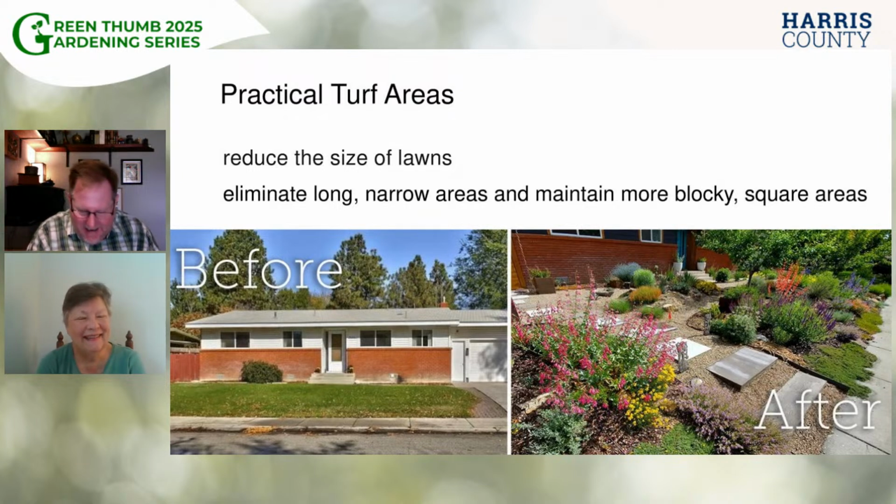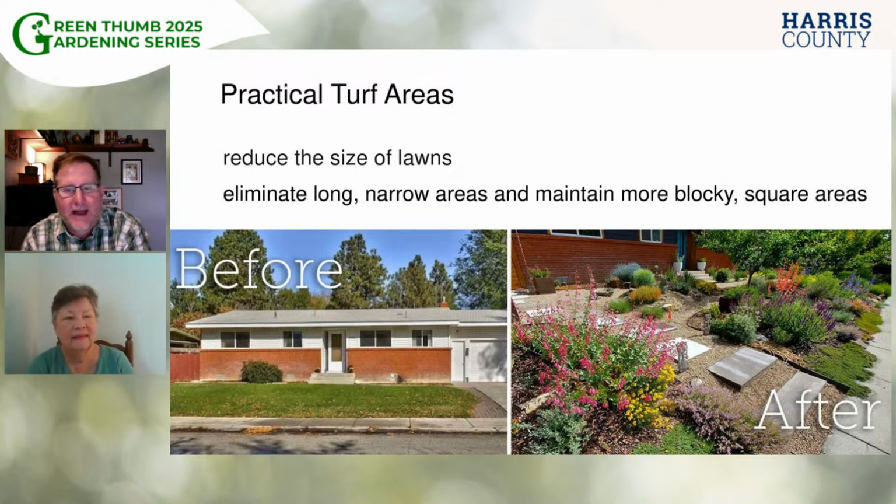That's a great idea. Okay, a couple of things you talked about. It sounds like a lot of it's like right plant, right place, right time, and I think it can be a little overwhelming, especially when you look at these great before and after pictures. I mean, you think that looks like it would take years and years to get, but you can really start slow. I wonder if you had any thoughts on how to have the patience, but yet how to work on this over 4, 5 years or 10 years, make it a